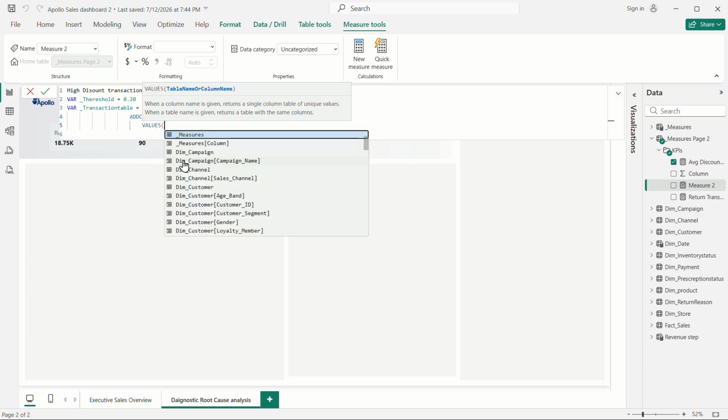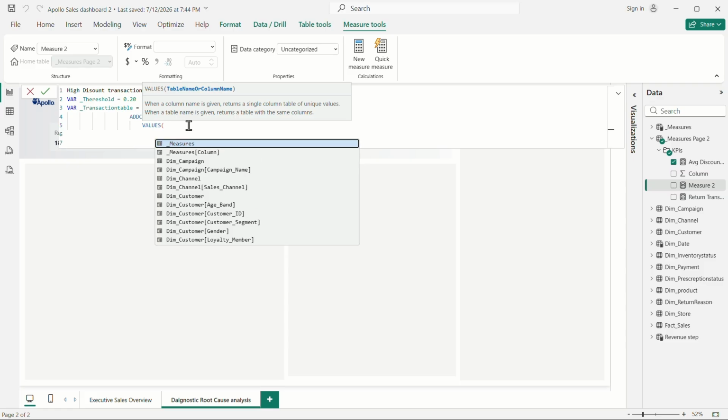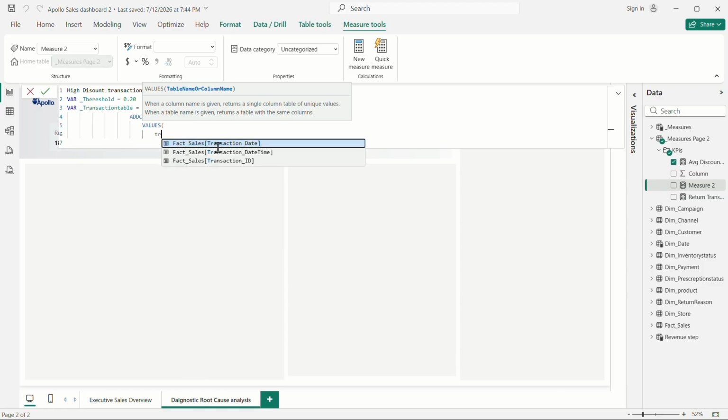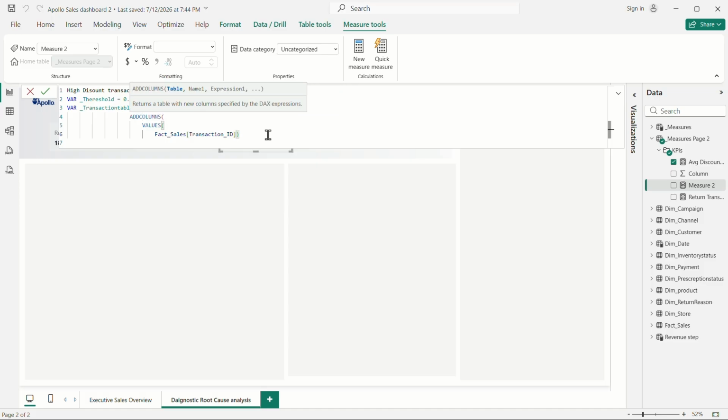The values function returns the unique values, whether unique IDs or unique patients, whatever you want. Here we want unique transaction IDs. So it will give us the unique transaction ID, and in front of the transaction ID, what do we want here? So we close this column and